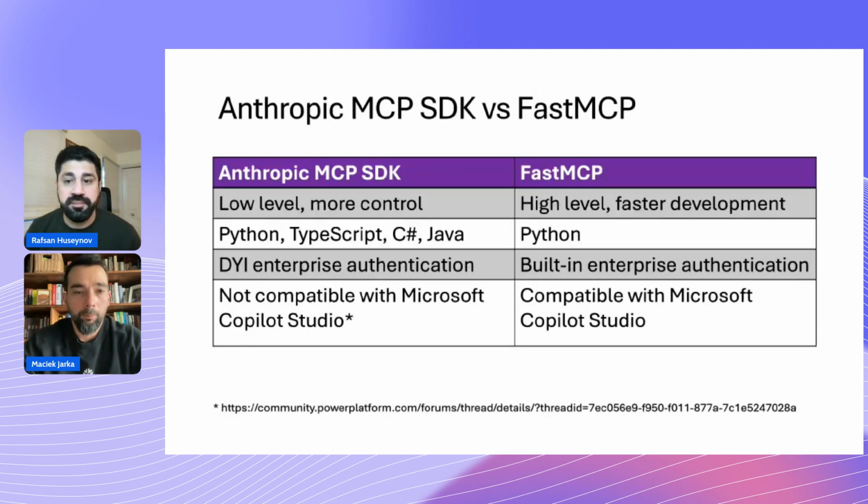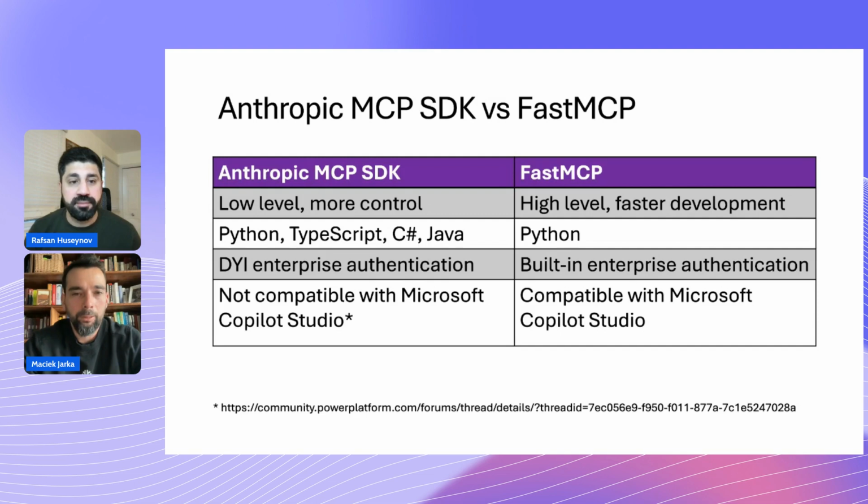One is the basic Anthropic MCP software development kit, and the alternative library, which is called FastMCP. Both of them follow the protocol, but there are some slight differences, and your choice may be based on these differences. Anthropic MCP is more low level, where you have more control of what you are doing,